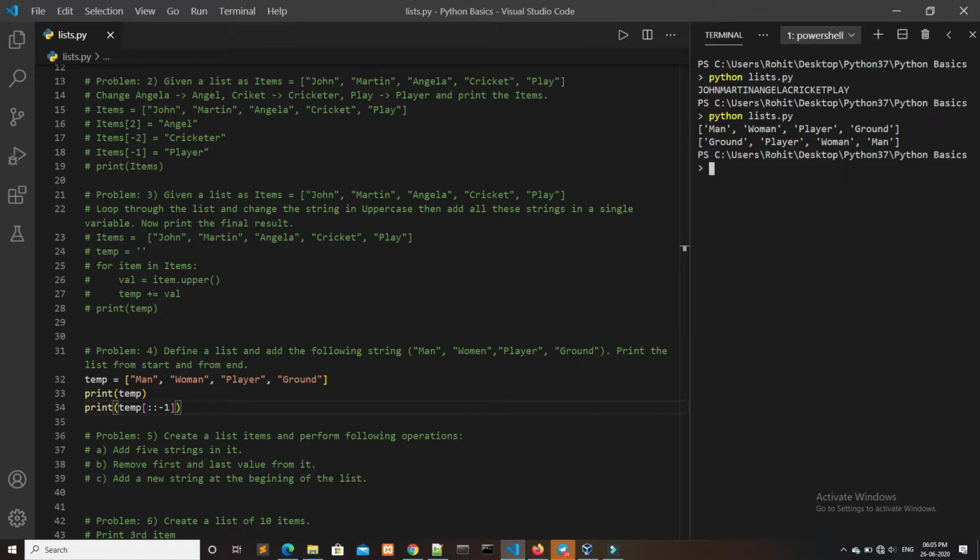As you can see, this last one, that is print temp -1, gave the desired result. Also here also we can do the same thing, that is colon 2 times colon and 1, and we will see the same result as it is.